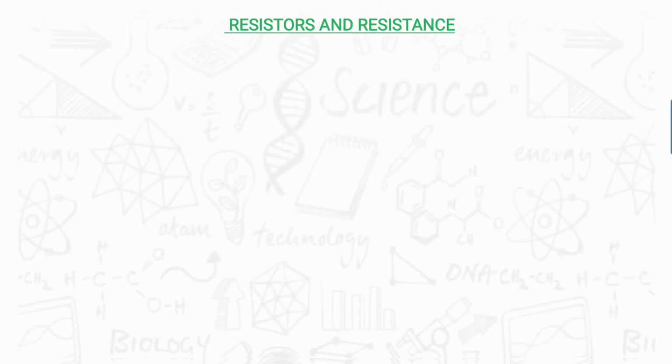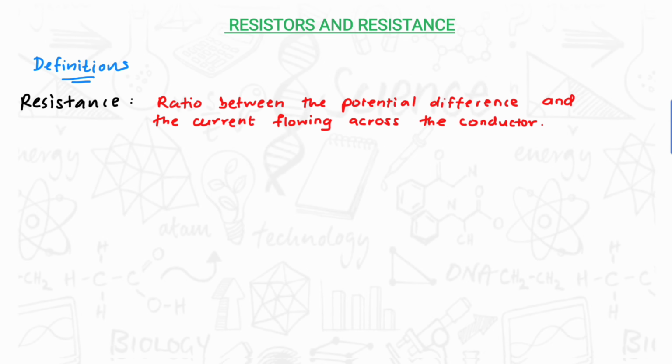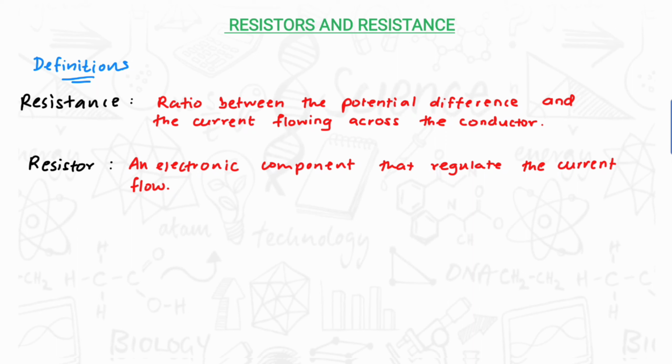In this video, we'll be learning about resistors and resistance. First, let's talk about their definitions. Resistance is the ratio between the potential difference and the current flowing across the conductor. On the other hand, a resistor is an electronic component that regulates the current flow of a circuit. And we use the symbol